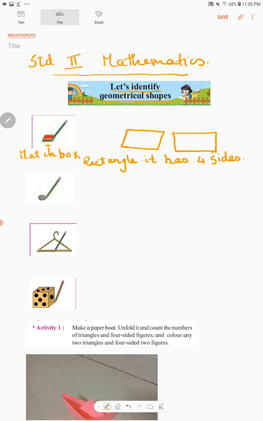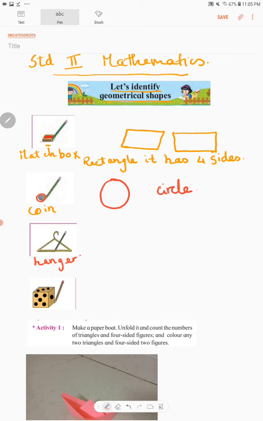Okay, now what is this? This is a coin. And if I roll a pencil, what does it make? It makes a circle. What object is this? This is a hanger. What do you do with a hanger?